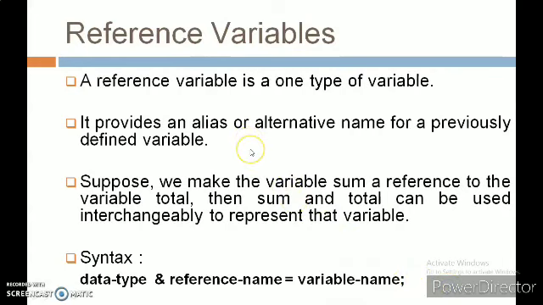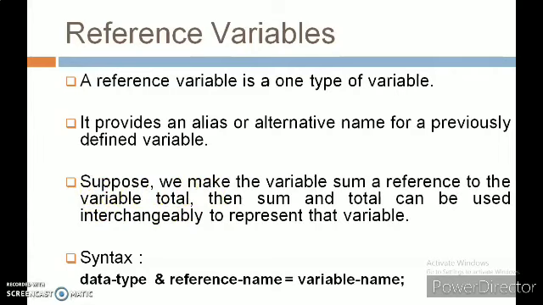Then the next thing is a reference variable. This is a new concept in C++. What is a reference variable? It is one special type of variable which provides an alias or alternative name for a previously defined variable. For example, we make sum a reference to the variable total.